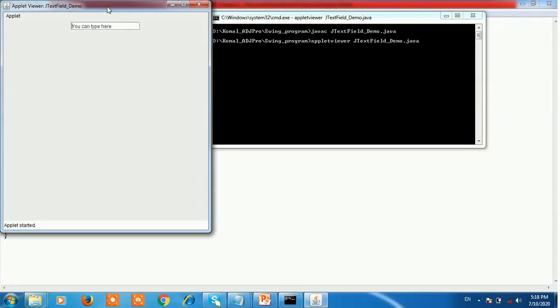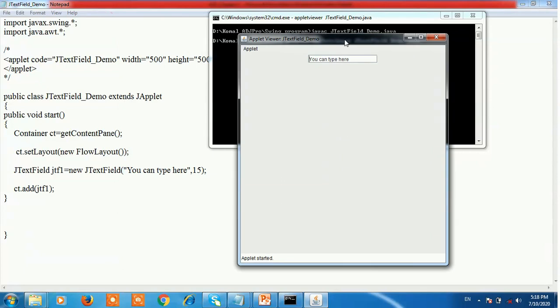Here this is the output of the JTextFieldDemo. It is the text field and you can type here, it is nothing but the string, and the text field has a maximum character capacity of 15. This is a sample program of the JTextFieldDemo.